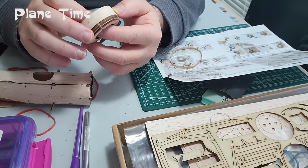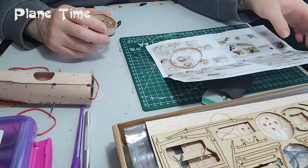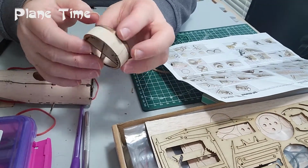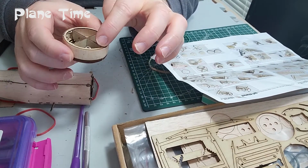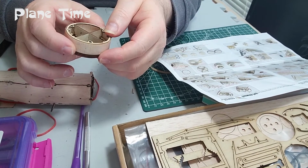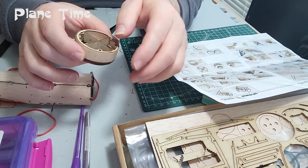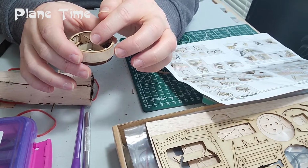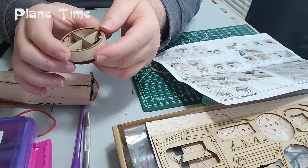So what you find when you follow through the instructions on the cowling piece is that after you get to this part, where the cowling is all together, the cross, this piece in the middle, actually needs to come out, so that you just have the part around the edge. So it's part of building it. You don't cut it off before you put it together, which is, I was following the instructions, and you build everything together, and now